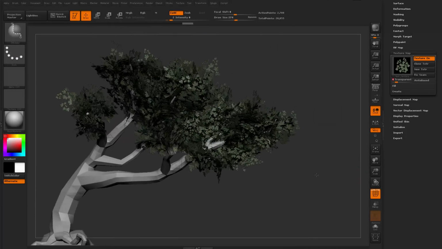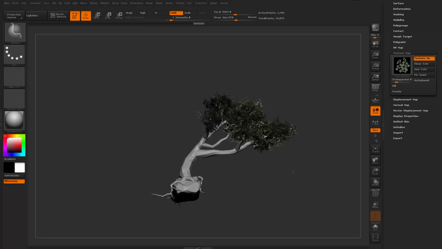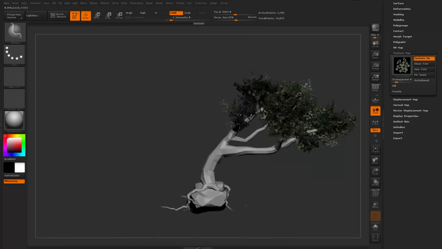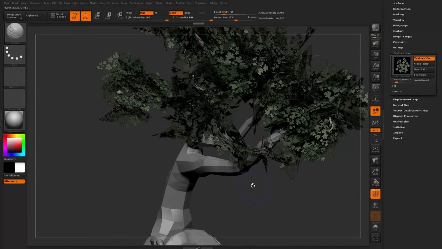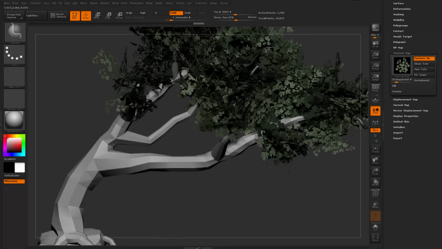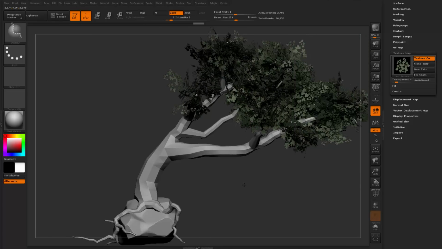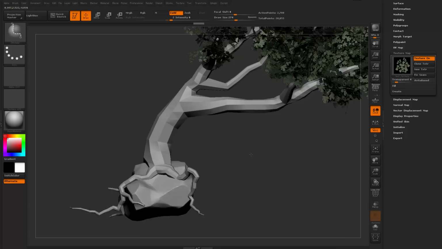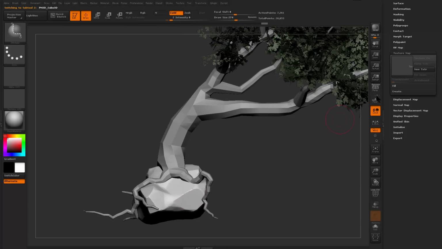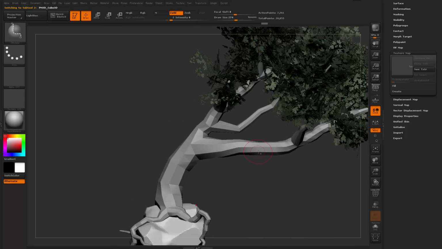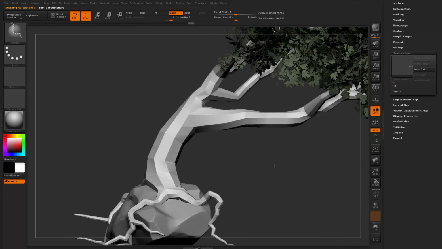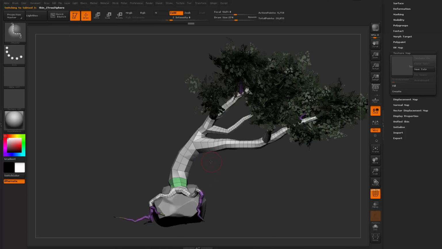Okay, now we have a tree that does have trunk, leaf, and everything, which is almost ready to go. And the good thing about this workflow is that the geometry is very low. You see I have only 20,000 geometries, which is pretty reasonable for a tree. And you see now they also include this one, which has 7,000 already. So if I don't have this rock, my geometry will only have like 10,000 triangles or points, which is actually pretty light. Anyway,